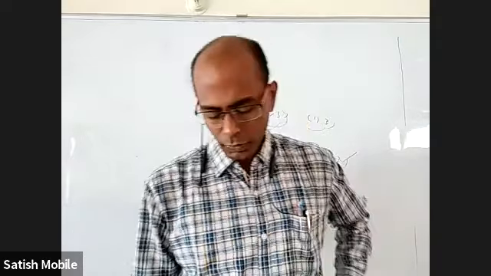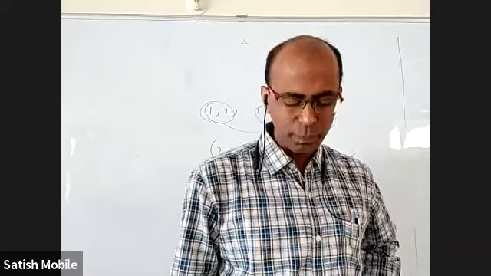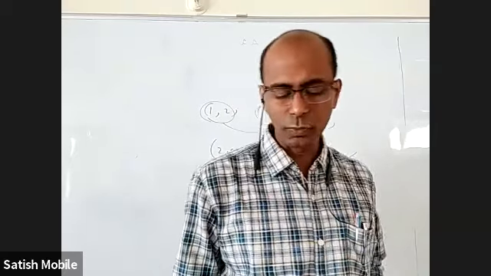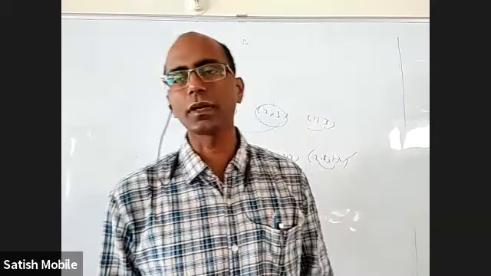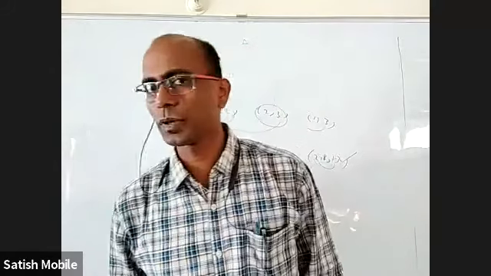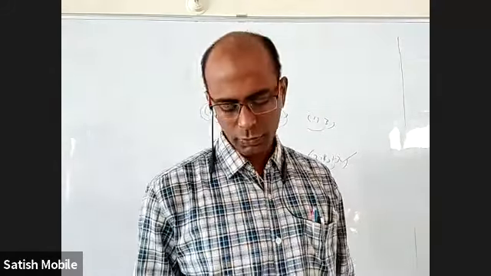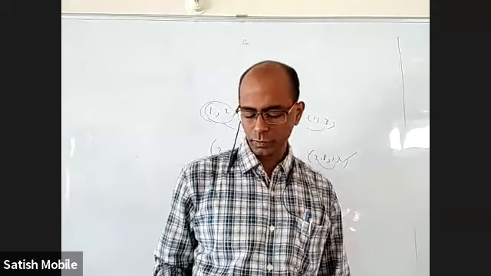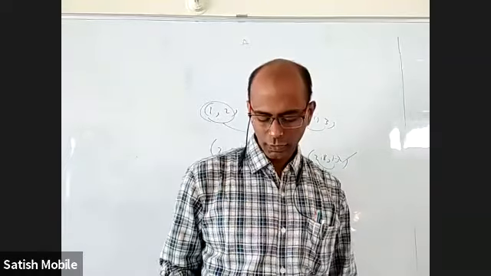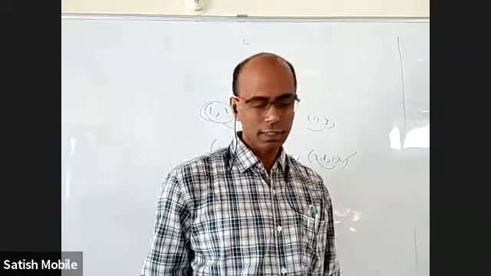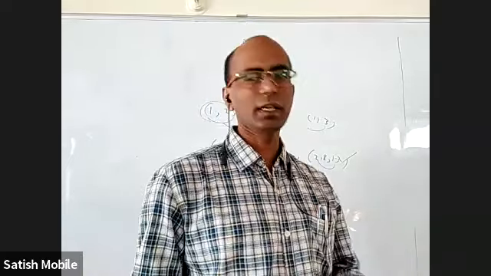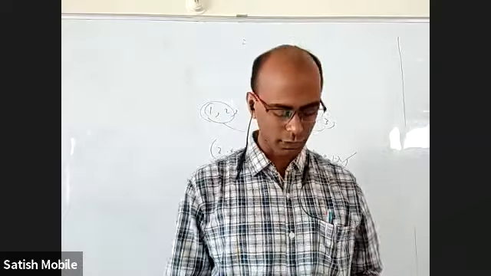They can ask how many more elements should be added to this relation. How many more ordered pairs should be added so that it will become transitive? What is the minimum number of ordered pairs that should be added to this so that it will become transitive? 3. Because first one needs 2 comma 2, 4 comma 4. Same 4 comma 4, second one also needs, and they also need 6 comma 6. So we have to add these. So they can ask in a different way. The logic is the same, but they can ask.